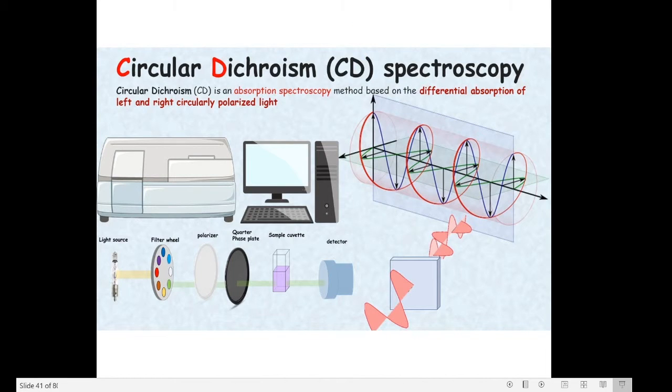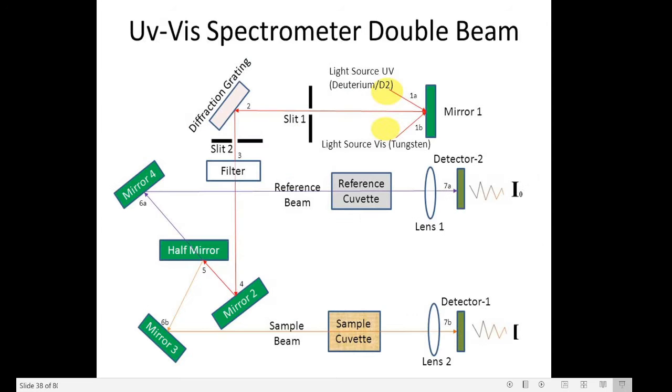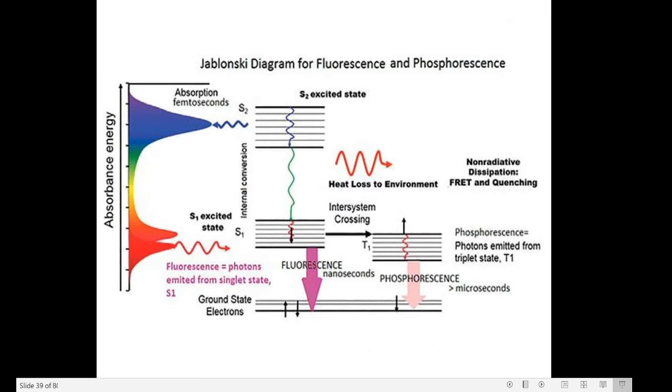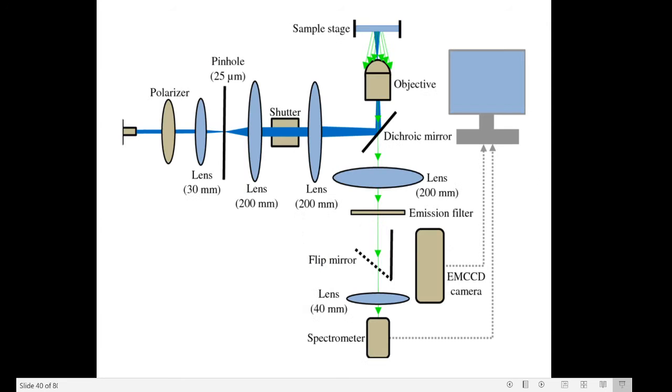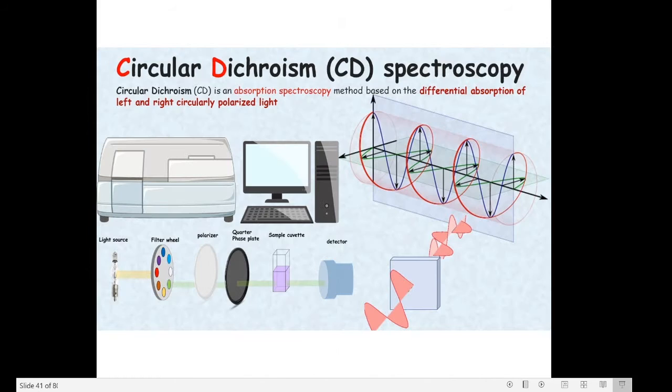Next is circular dichroism spectroscopy. It's a very important thing. First is the spectrophotometer, which helps to detect visible and UV absorbance of molecules. Then is fluorescence spectroscopy, another technique which helps to develop images with fluorescence absorbance. Another thing is circular dichroism, CD